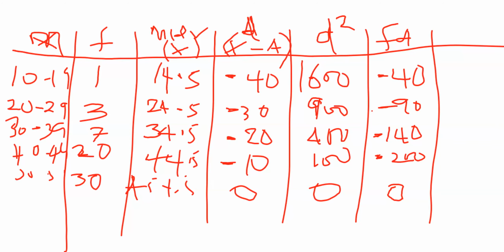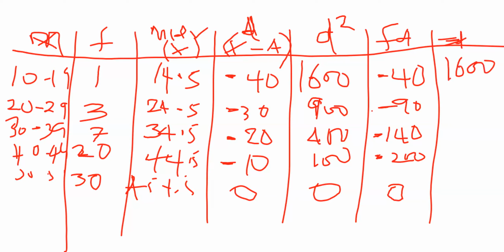And the last column here will be FD squared. The last column is FD squared. Take note, the last column will be FD squared. And that means I'm going to use frequency to multiply D squared. And we're going to have the first one,